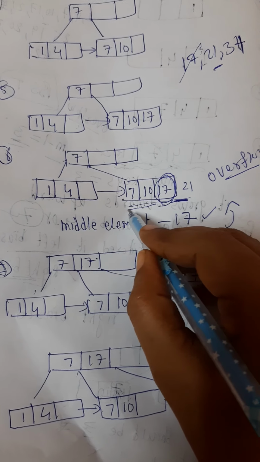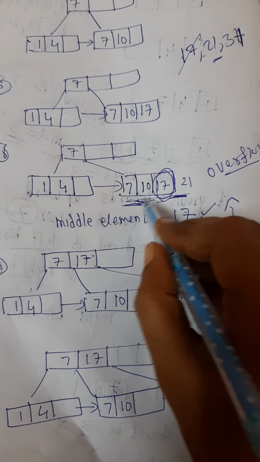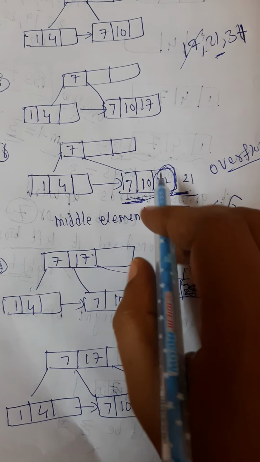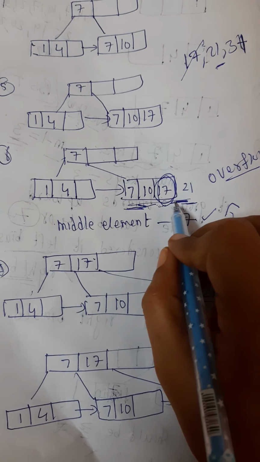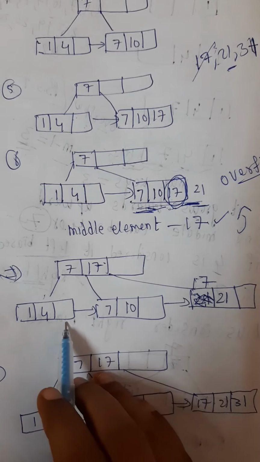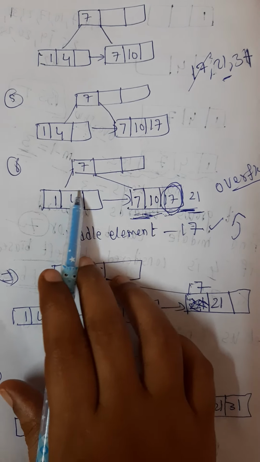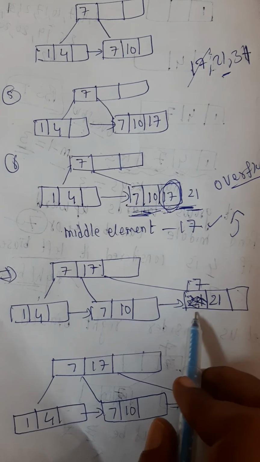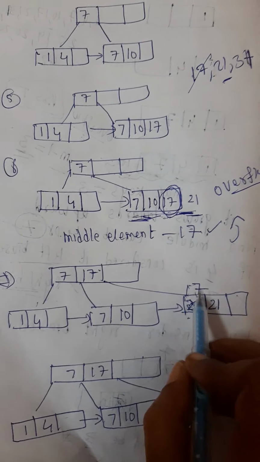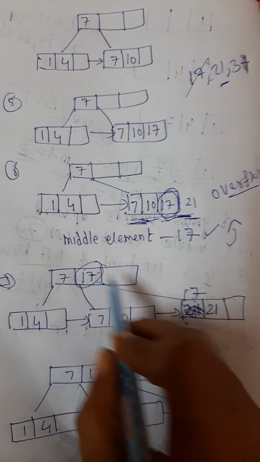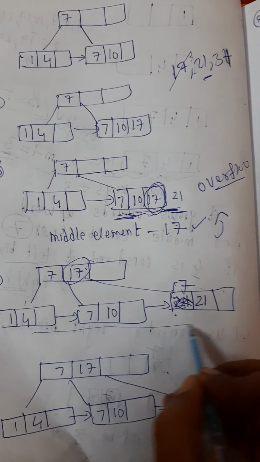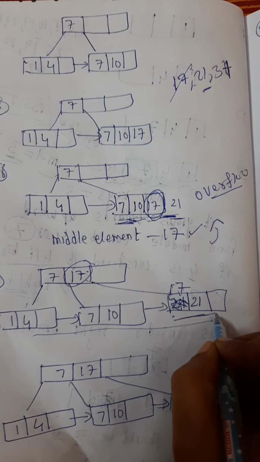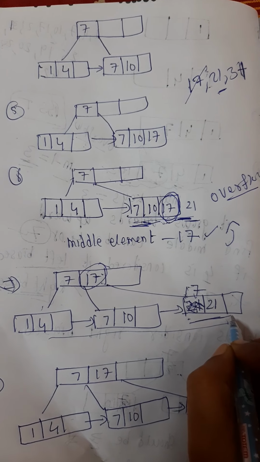Now this is split. To the left of 17 will be 7 and 10, and this will be the right. As already I said, in the leaf node you will have the data. So this is as it is. 7 and 10 to the left of 17, and here also you will get 17. This 17 is an index of this 17 here. So you have the data here, greater than or equal to, towards the right. I hope it is clear for you.